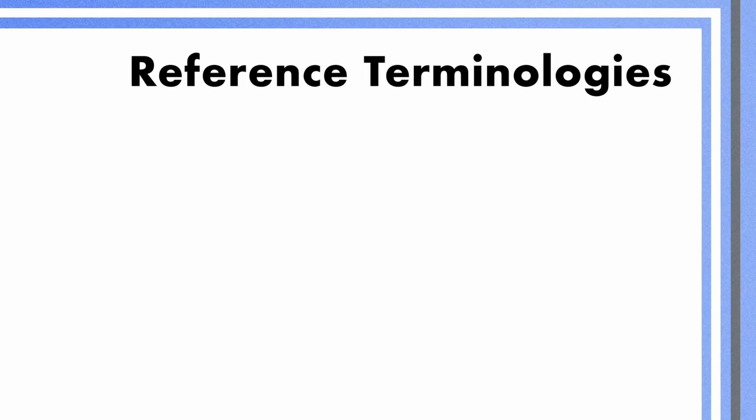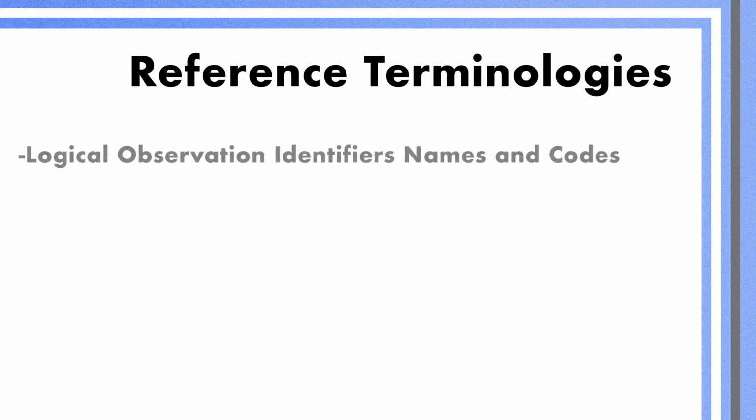Another term we use is reference terminologies. Reference terminologies have to do with the actual codes within certain nomenclatures. You're thinking this is pretty technical, I know you are, but let's just think of this. With the codes, there are a couple different kinds. There's what we call Logical Observation Identifier Names and Codes, and those are related to clinical data, something like vital signs or assessment data or lab tests and the like.